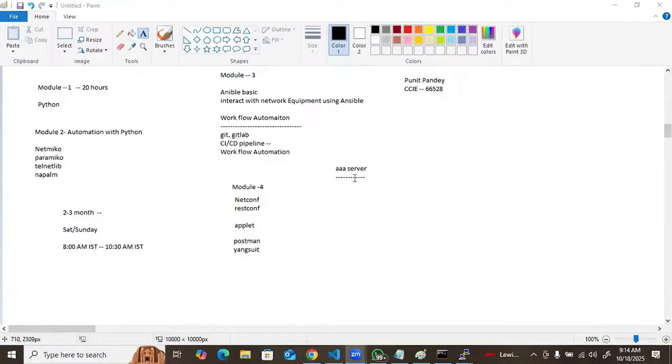Yeah, but whatever syntax you are going to learn for Ansible is going to help you for server automation also. You got the point? Yes, because in Ansible, the docs are open.